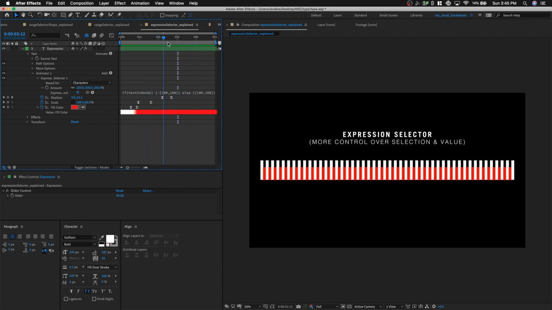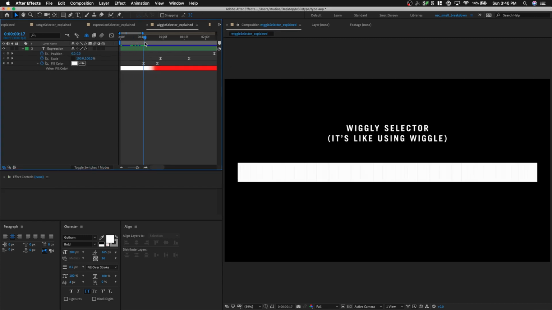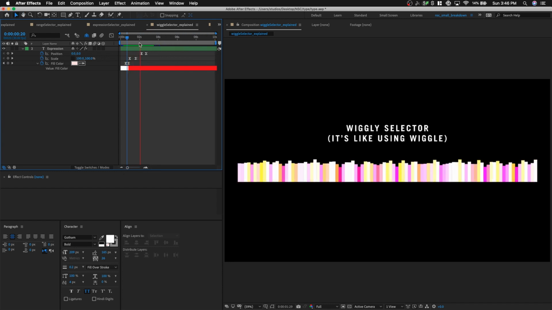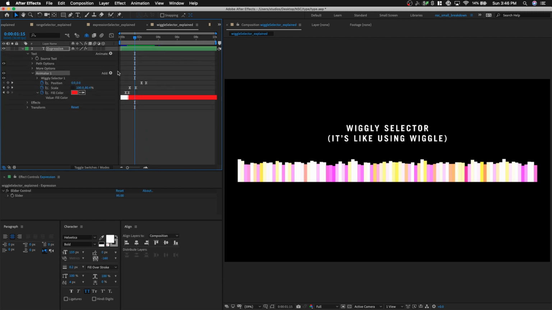So this is just another way to give you precise control over your text character. And the last selector I want to cover is the wiggle selector, or the Wiggly selector. Again, same thing. We have the same set of animation over here. But this time when I add in the Wiggly selector, if you open it up, you can add